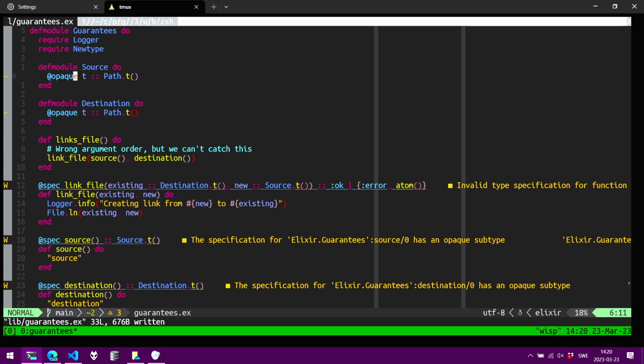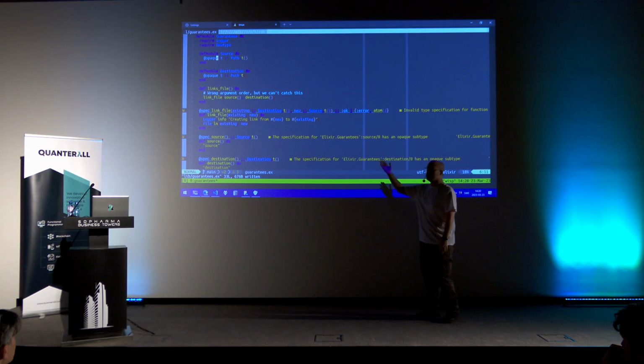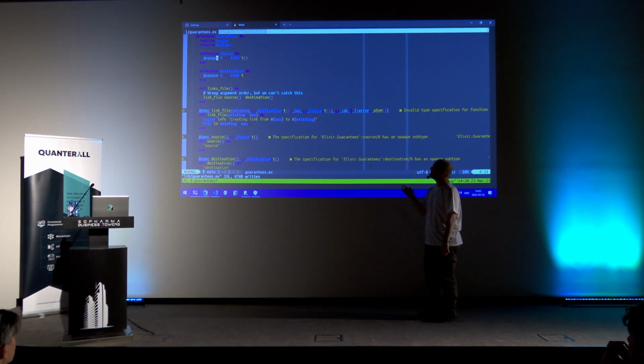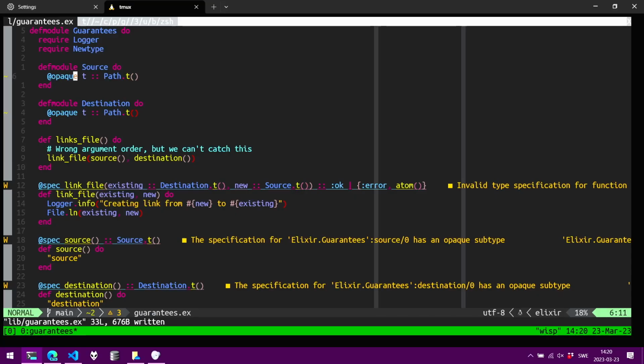Opaque here is basically saying nothing outside of this module that I'm using this in can see what this is, right? So instead we have to talk about things like, well, no, we have the source type. We don't have a path T, right? When I made these opaque now, these other places are lighting up because they don't know what that means. They know that they have a source, but they don't know that that means that we have a string, right? So what we actually have to do is,